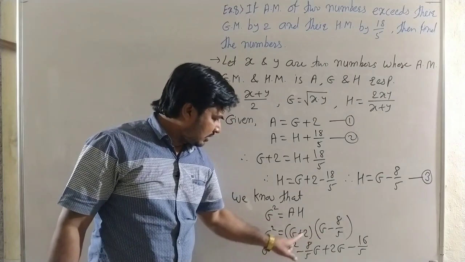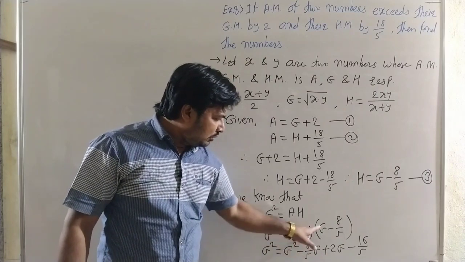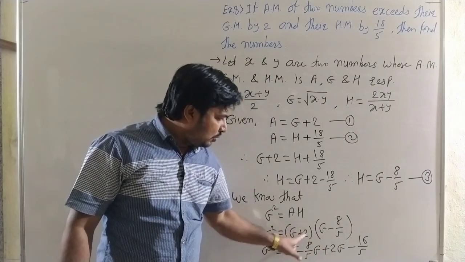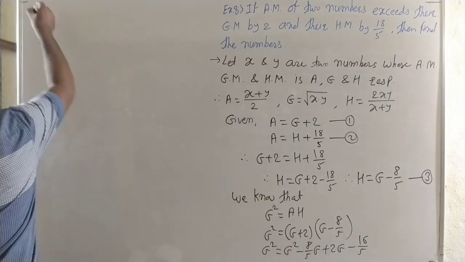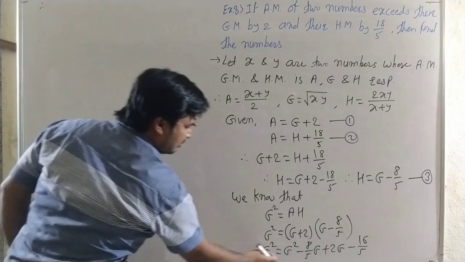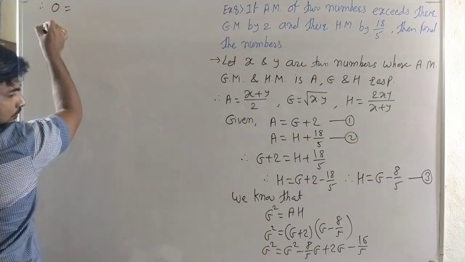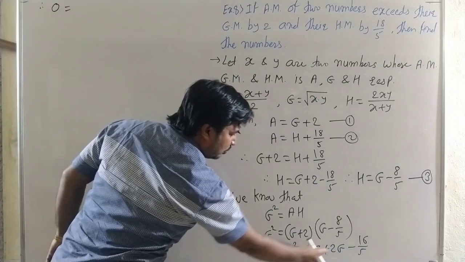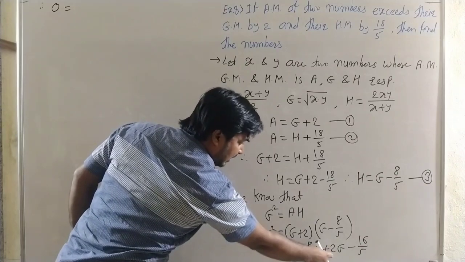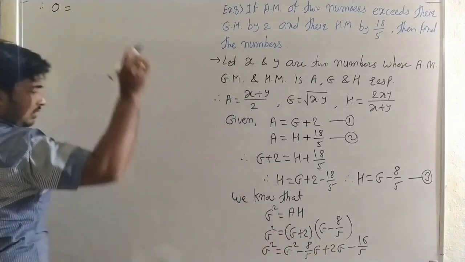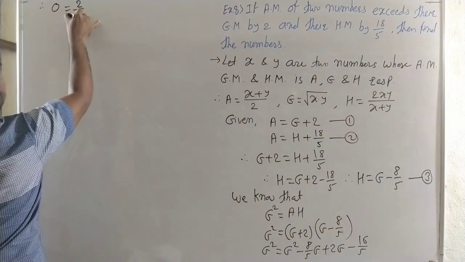G into G is G². G into −8/5 is −8/5 G. 2 into G is 2G. And 2 into −8/5 is −16/5. It is a simple multiplication. And therefore here G² gets cancelled. We get 0 = −8/5 + 2, that is (−8 + 10)/5, therefore plus 2/5 G